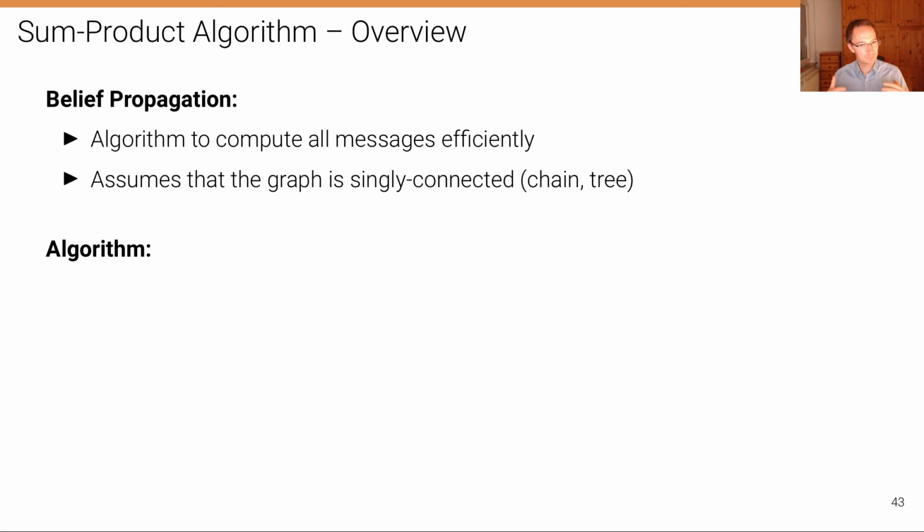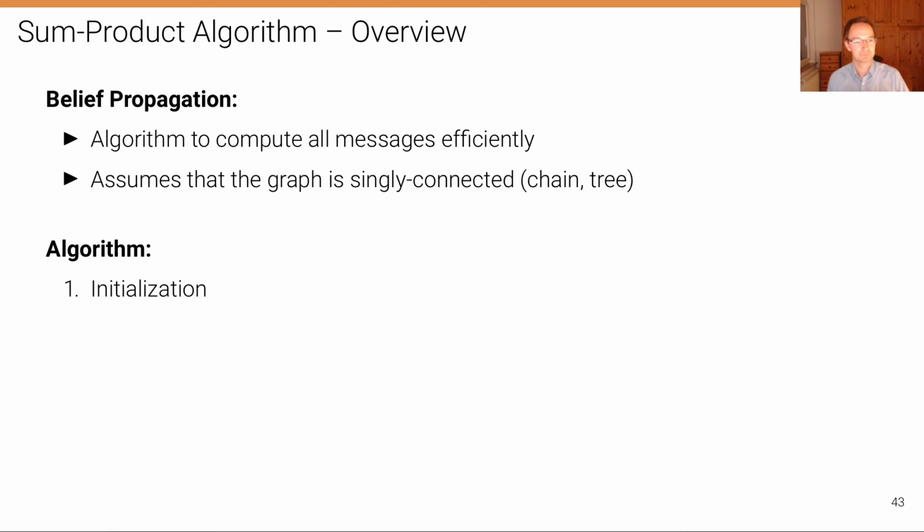And it's an algorithm to compute these messages really efficiently, to avoid this exponential complexity that we discussed in the beginning. At least if the graph is not complicated, if it has maybe just pairwise potentials or not too high order potentials. And belief propagation assumes that the graph is singly connected, so there are no loops. It's either a chain or a tree. But we'll see that this can also be generalized to loopy graphs if we let go of some of the guarantees, in particular the guarantee of exactness. If we are happy with an approximate solution, which often is good enough, then we can also apply this algorithm